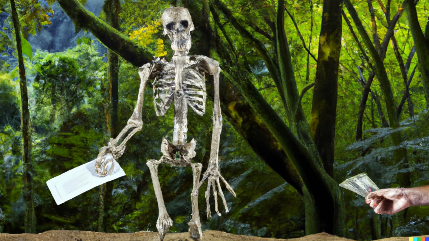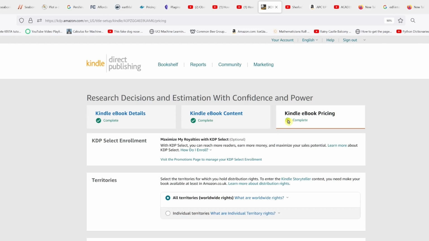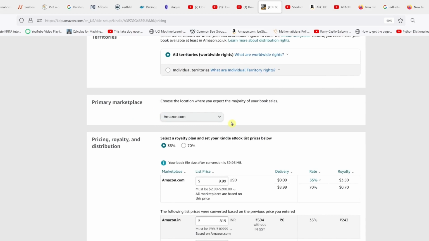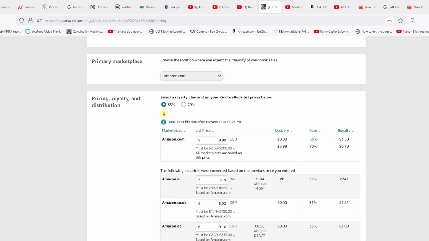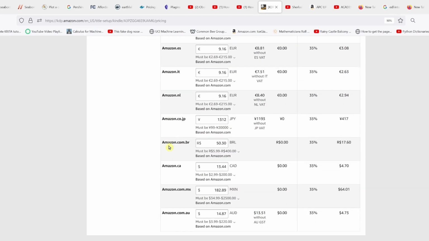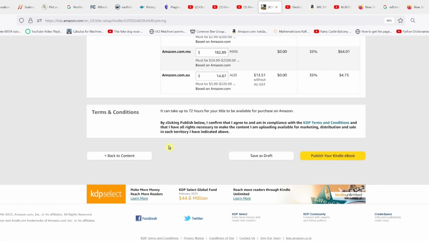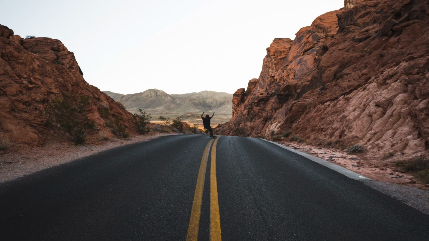To keep the cost of this academic book down, I did not choose Select, and I priced my book at $9.95. That way I accepted a 35% royalty, and I will receive about $3.50 royalty on my huge Kindle book rather than only about 70 cents royalty per book sold at the alleged 70% royalty. I might not be able to buy a Ferrari, but I will be able to save for a skateboard.